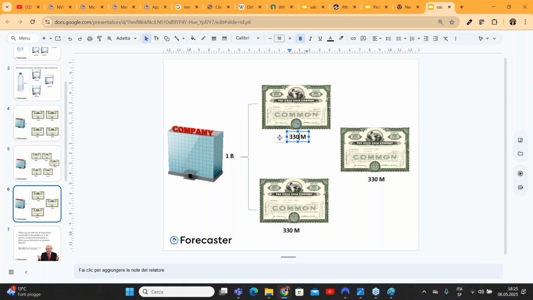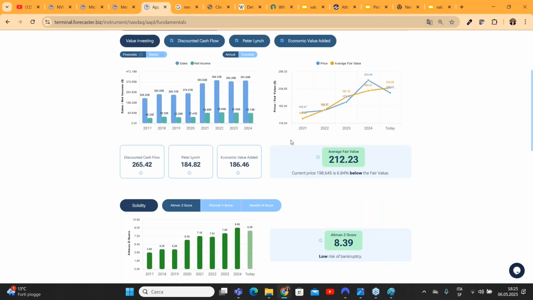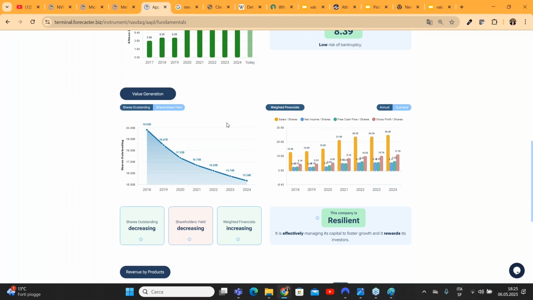This is why it's very important to have a look at the number of shares, because in general, if a company is repurchasing its own shares frequently, it's something that allows the price of the stock to go up